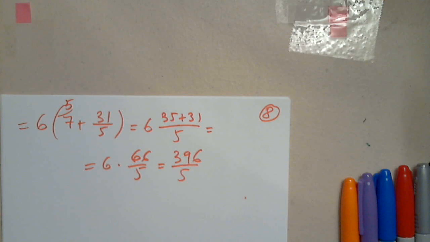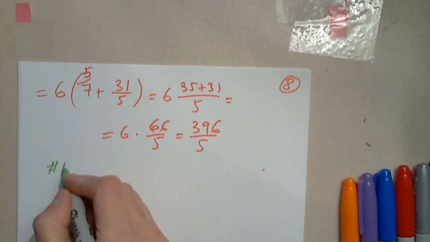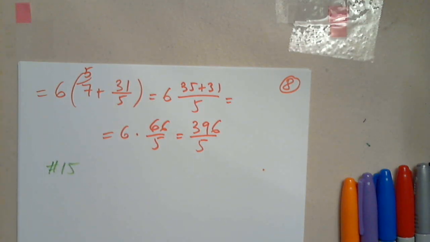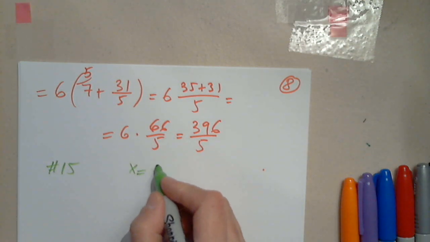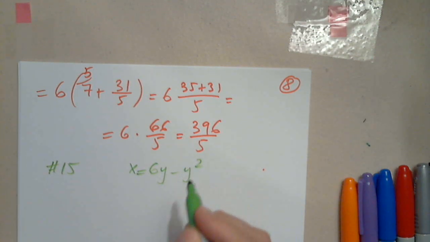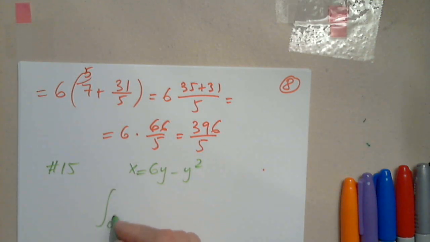Okay, next problem. Anyone? Can we go over number 15? Yes, from which section? From 5.4. Very good. 15, 16, 17, okay. The area of the region that lies to the right of the y-axis, to the left of the parabola, yes. So the parabola is x equals 6y minus y squared in my case. The shaded region in the figure, yes, is given by the integral, very good, from 0 to 6,